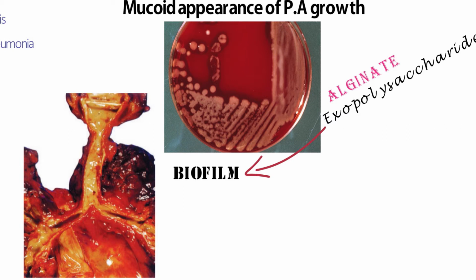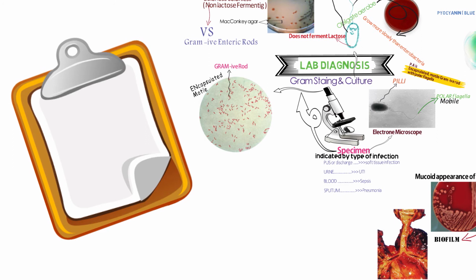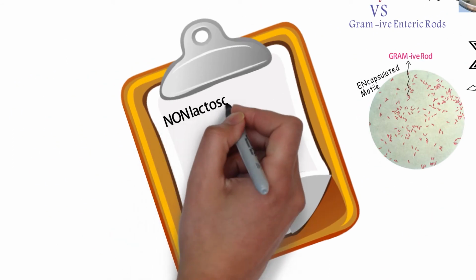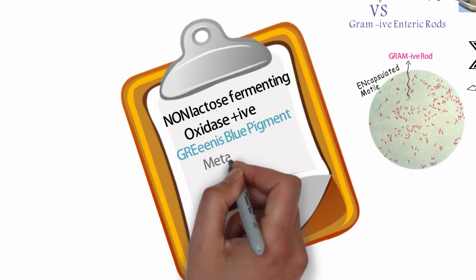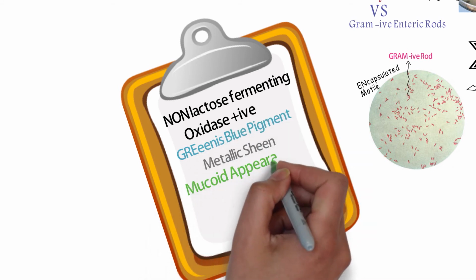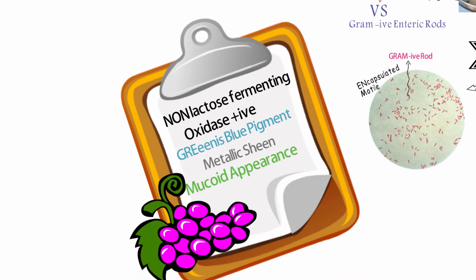This exopolysaccharide provides the matrix for the Pseudomonas to live in the biofilm. And while living and proliferating in this biofilm, Pseudomonas causes chronic lung infection in a patient with cystic fibrosis. So we can summarize the culture features in this way, that the Pseudomonas is non-lactose fermenting, it is oxidase positive, it produces bluish green pigment, it has metallic sheen, it has mucoid appearance, and it has fruity aroma. And these features are sufficient to make the diagnosis of Pseudomonas aeruginosa,